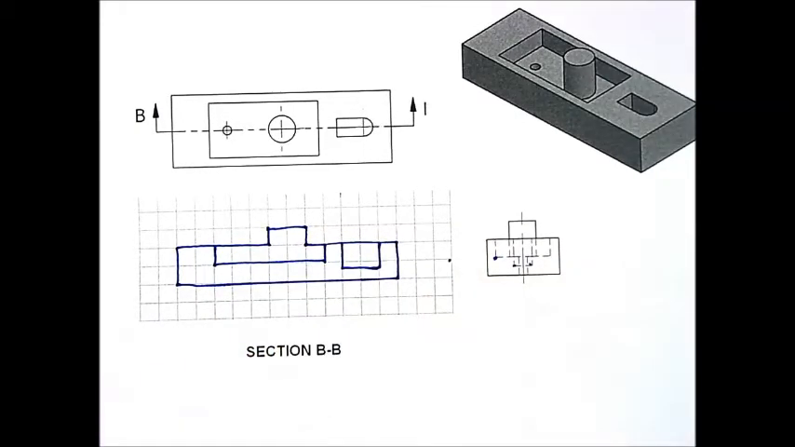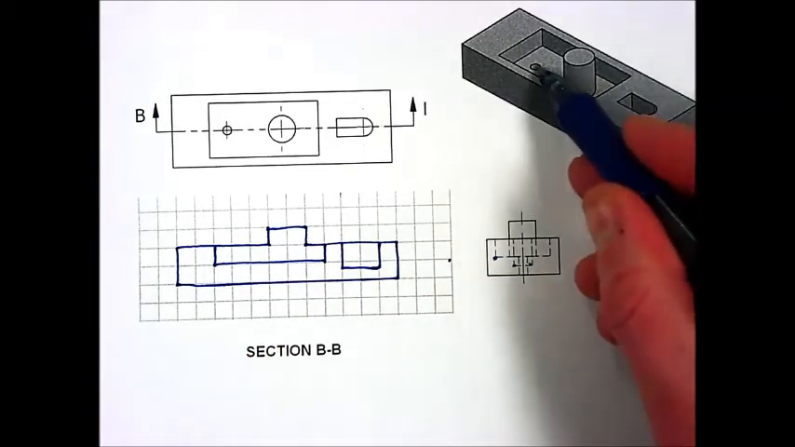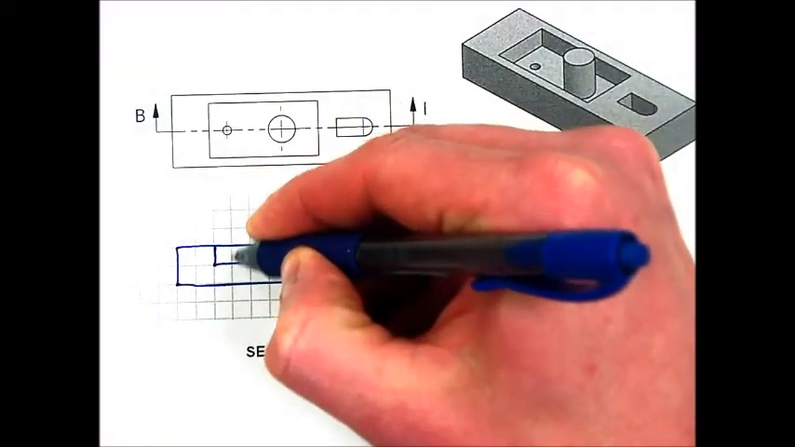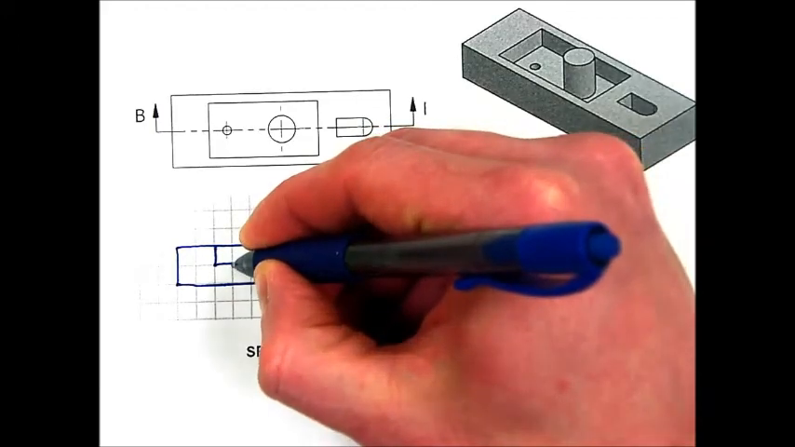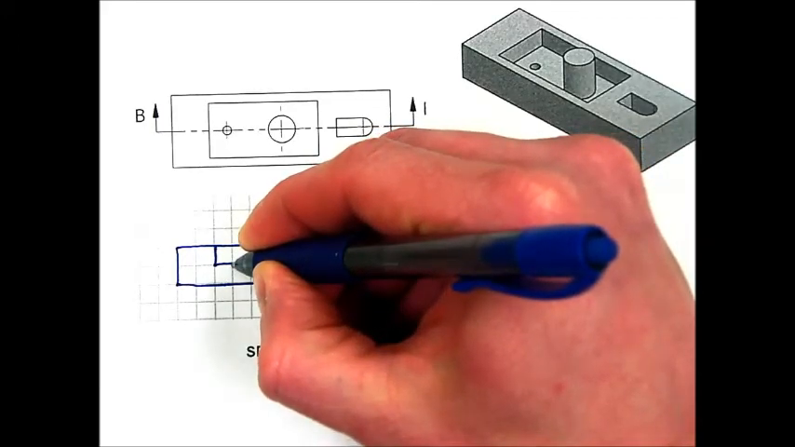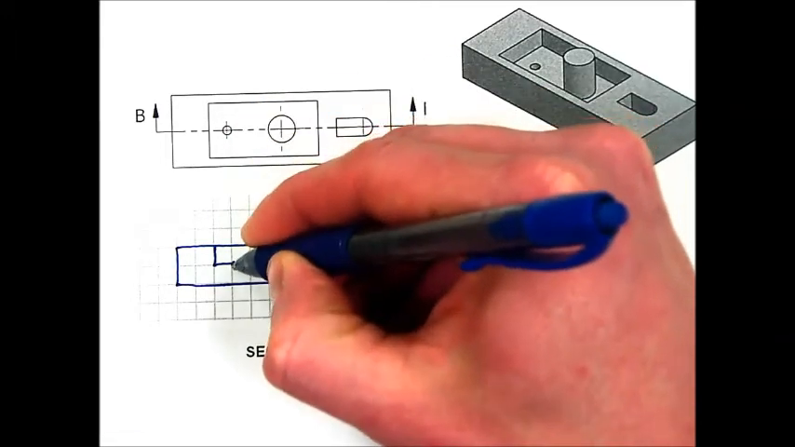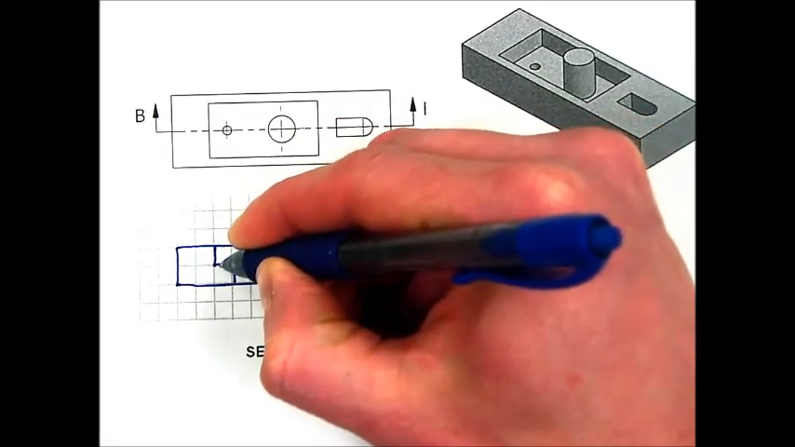Connect that in between. And the last thing we have is this hole, and that hole goes all the way through. And so that hole actually starts right here. Project my line down through the object